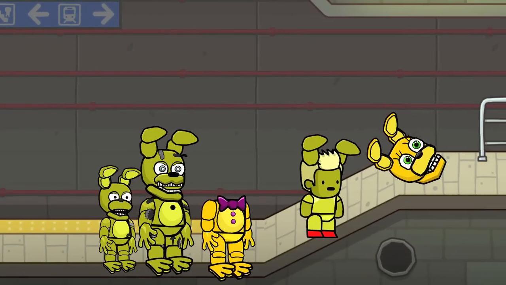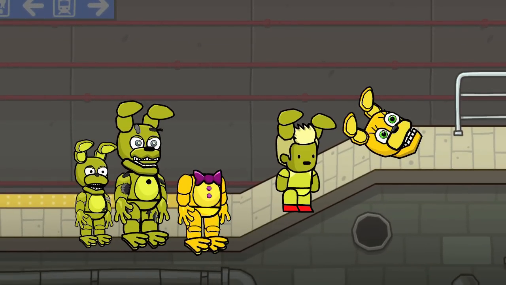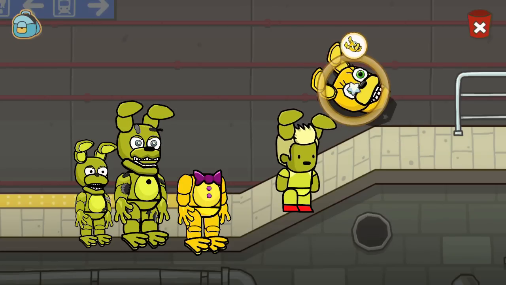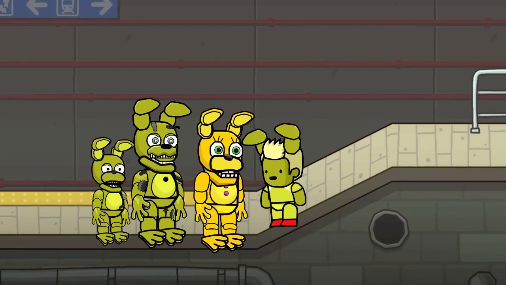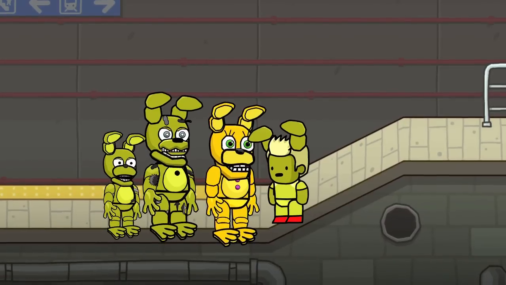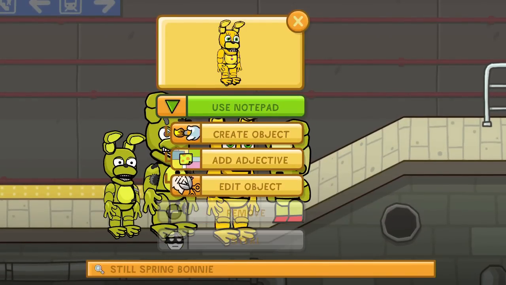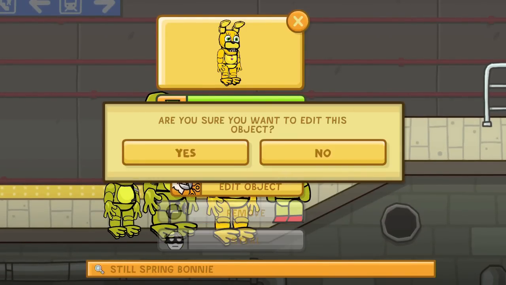You can see that the Springtrap and Plushtrap do have their heads on, but Spring Bonnie doesn't. And so I'll put this head basically into the hands of the body object right there. And you can notice that Spring Bonnie looks really weird. You know, the head wasn't exactly where it should be. This is okay. What we need to do then is just go into the object editor once again